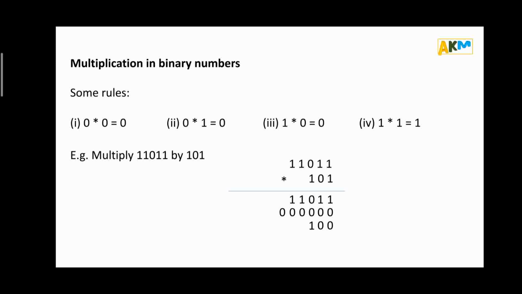So we put two digits as 0 and again multiply. 1 multiplied by 1 is 1. 1 multiplied by 1, 1. 1 multiplied by 0, 0. 1 multiplied by 1 is 1. And 1 multiplied by 1 is 1. Now we add these three rows according to the rules of addition, and we get this result. You see this result comprises only two digits, 0 and 1. No other digits like 2 or 3 come into the result. We have to remember that and take care so that no mistakes happen. Like this we can do multiplication in binary numbers.